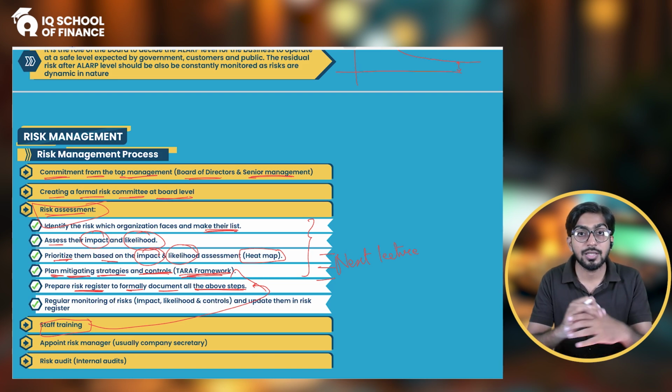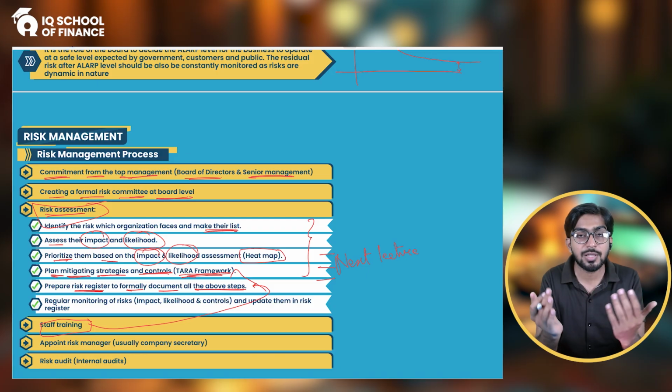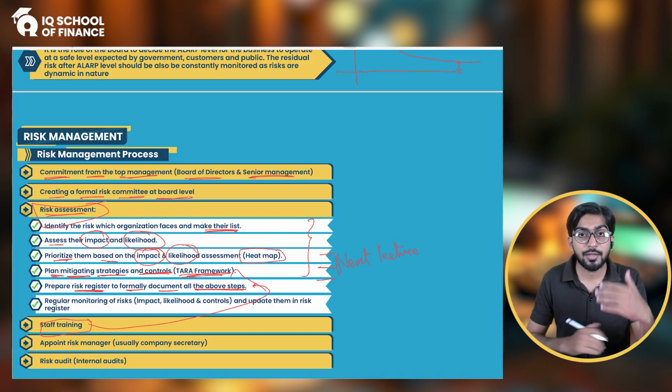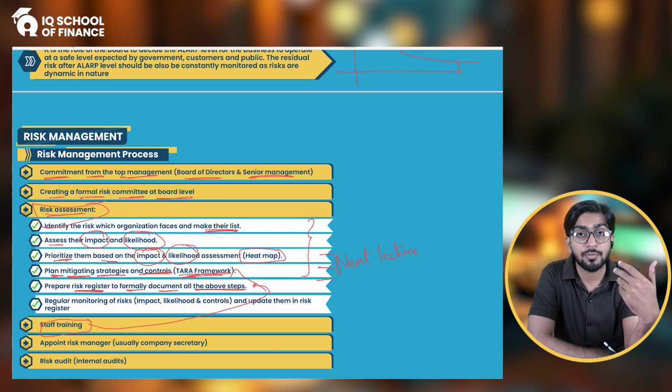So this is done on the board level, this is done on the senior management level, but they are not going to come and carry out the day-to-day tasks. These are the employees, these are your staff who are going to actually go through the areas of risk. So don't you think that you need to train them also, so that they can minimize the chances of risk? Obviously, so you will train them.